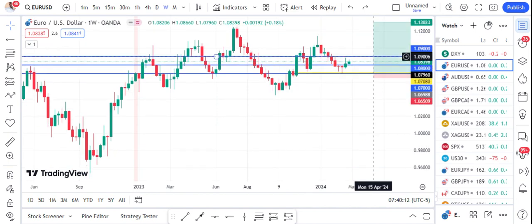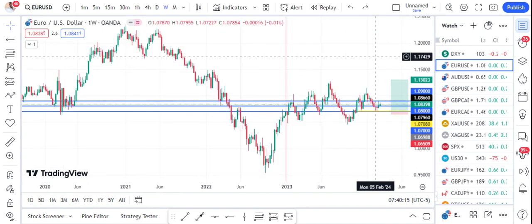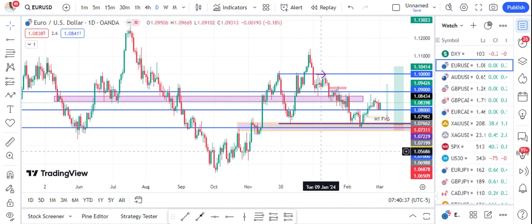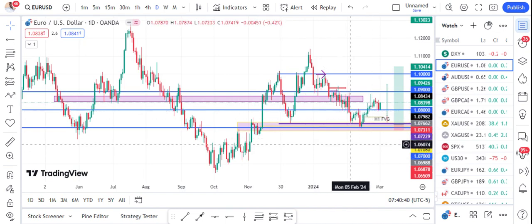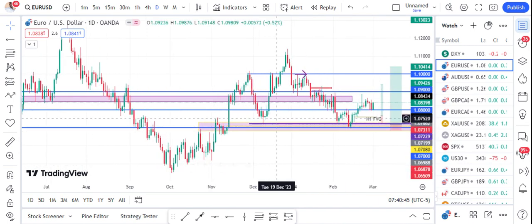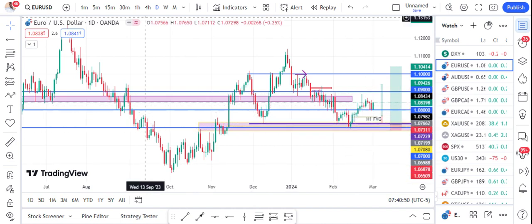So this is it on the weekly, and then on the daily, we see I called the trade up from this 1.08 level just before price got into it. I called that price will bounce. We probably bounce from the 1.08 level, and I did enter my buy on this purple line. I entered my buy order there.